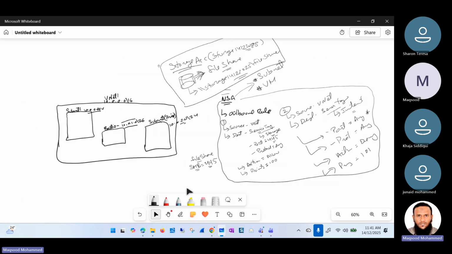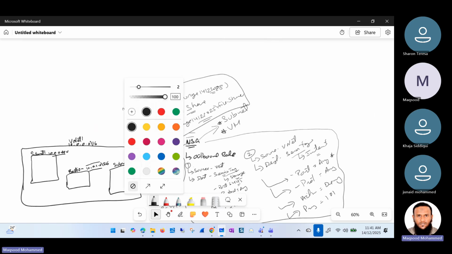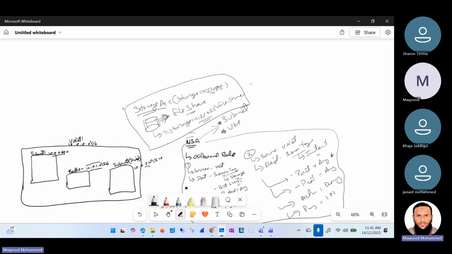So what we have done so far, you can see here in the whiteboard again. I have not applied the ingress rule set. You should notice that. What I've done is on the storage level, we have an option to control the access, public access, right? So in the public access, I've removed everyone and just said that only VNet 1,